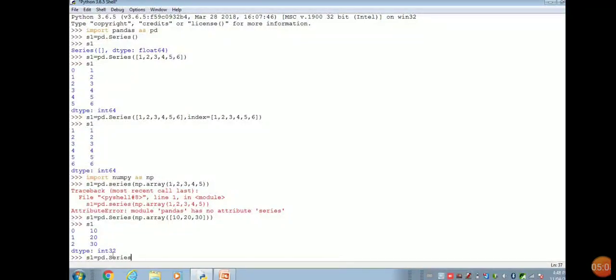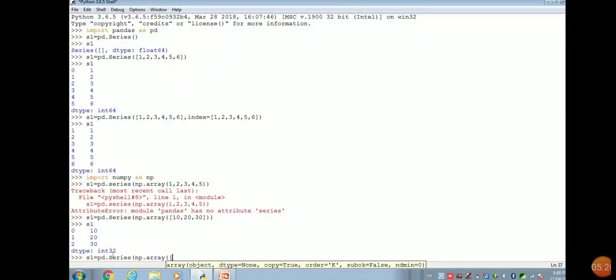Now again we will create one series, pd.Series, np.array. Here again we can give the index with the help of an array.